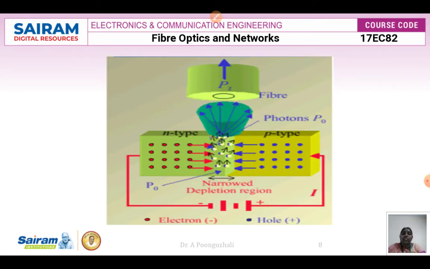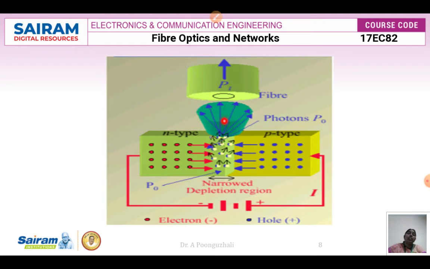So in this case, your forward bias, as I said, this is your N-type material connected to the negative terminal, and this is your P-type material connected to the positive terminal. When I give a negative terminal here, the electrons will repel and start moving towards the junction, and holes will also start moving towards the junction. When the holes and electrons recombine, energy is radiated,